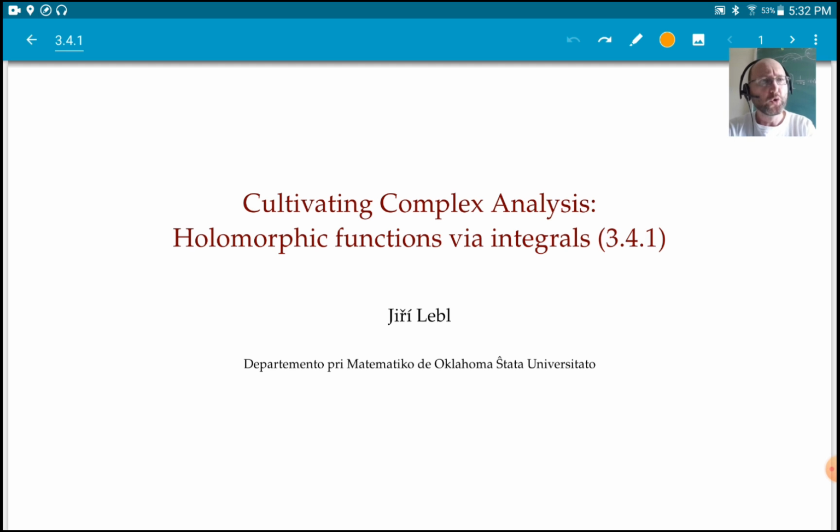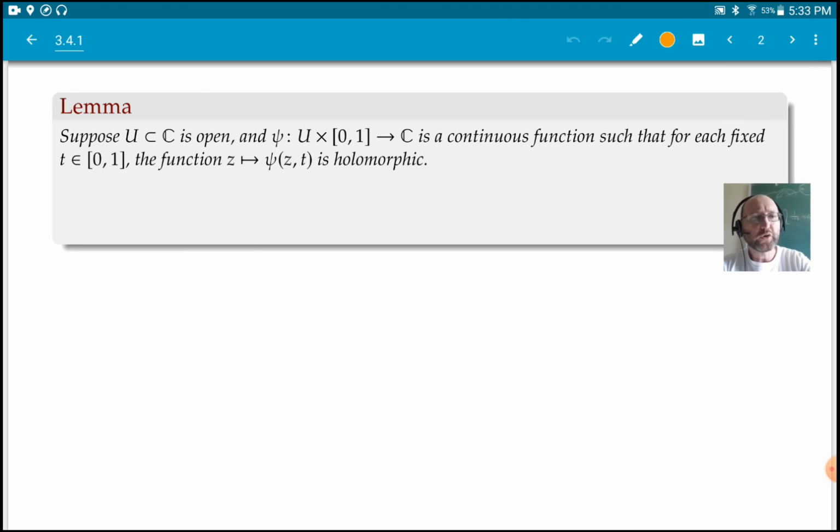So today we're looking at holomorphic functions defined by integrals. So either integrating out a variable or integrating a function against some kernel, like, for example, the Cauchy integral formula. This would be one example of that. So this is subsection 3.4.1 in the book. All right, so